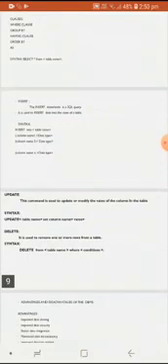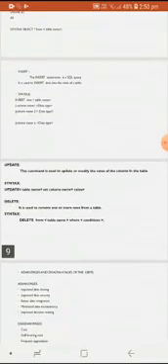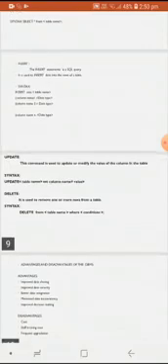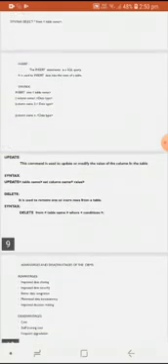Now let us see the next command, that is the update command. This command is used to update or modify the value of a column in the table. We have seen the select command and insert command, and coming to the next data manipulation language command, that is update. The update command modifies the record present in an existing table. So already the table was created and the values are also inserted. Suppose you want to update the record of the existing table, you have to use the update command.